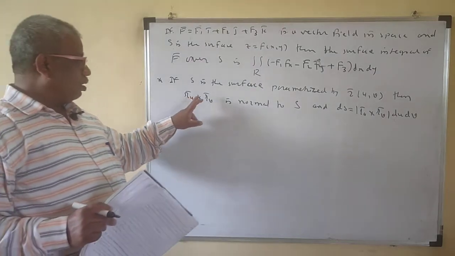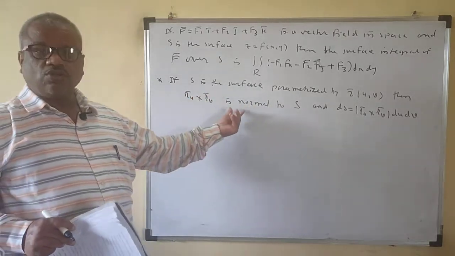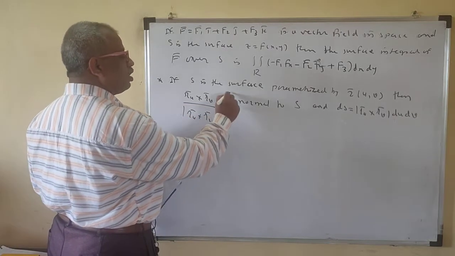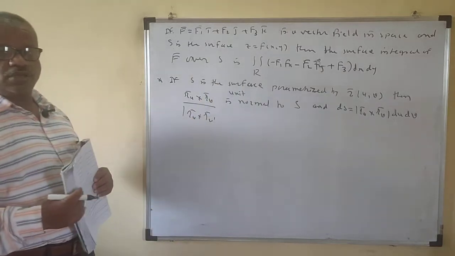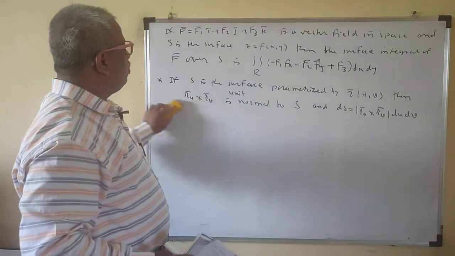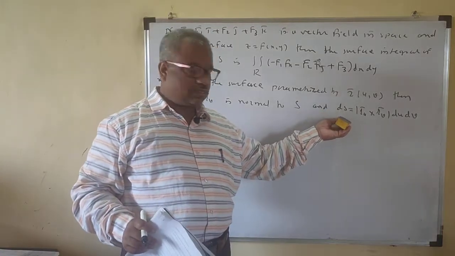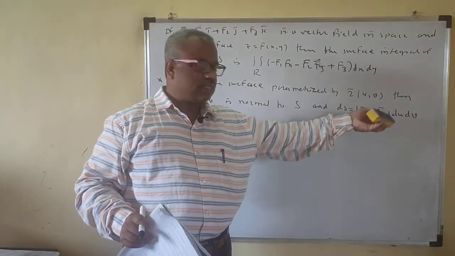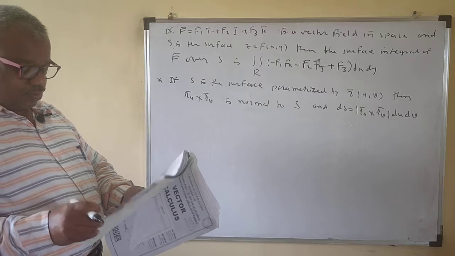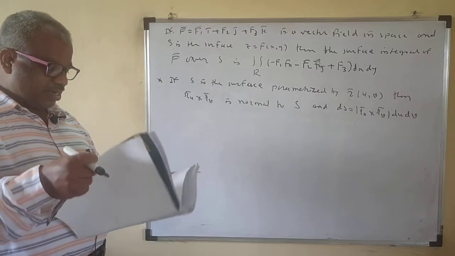What is the meaning of this cross product? It is the normal to S. If you normalize this, then it is the unit normal vector to S. If it is not normalized, then this is just the normal to S only. And ds, you are putting in terms of u, v. While solving the surface integral, we did this. We are not solving examples on it, because the examples are very complicated.